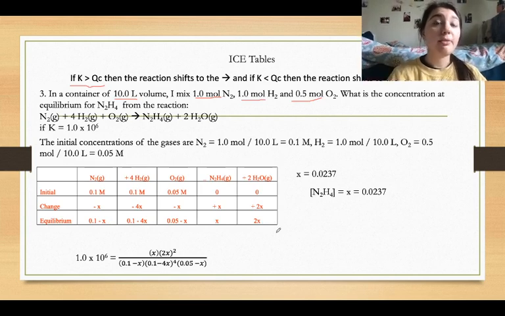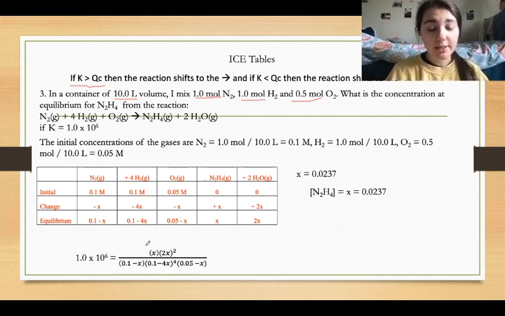Now remember, like I said before, if they give you the concentrations and they give you the equilibrium, then you're normally going to be solving for x, and you're using the quadratic, which is what we're doing here. So I set up my quadratic equation, I do the math, and I find out that x equals 0.0237. Now, what we have to know is that nitrogen hydrogen is x, and therefore it just simply equals